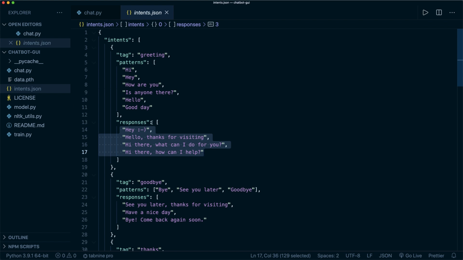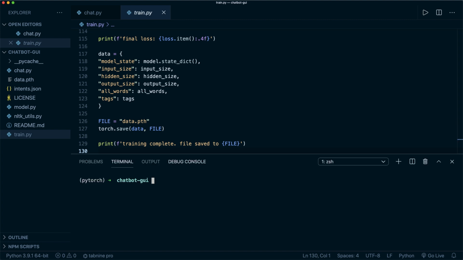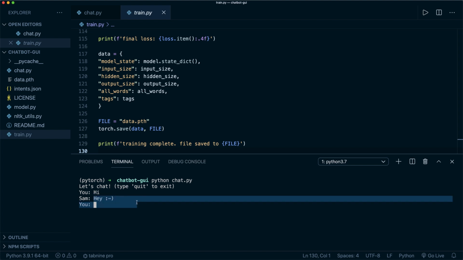And remember, once you've done this, you also want to execute python train.py to train the model again. I have already done this, and I'm also in a virtual environment where I have PyTorch and NLTK installed. So let me quickly check if chat.py is working correctly. This starts the chat in the terminal, so I can say hi, and our bot returns with hey and